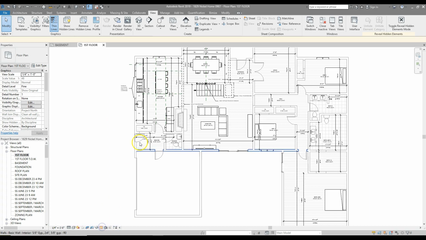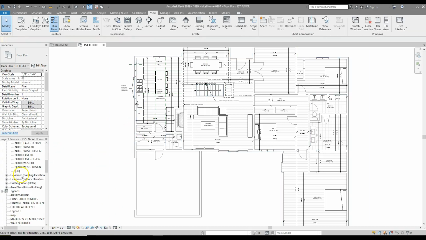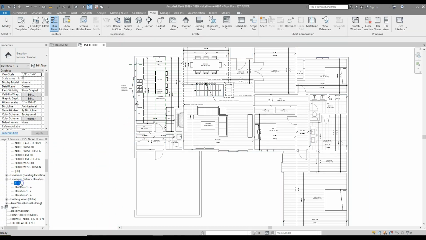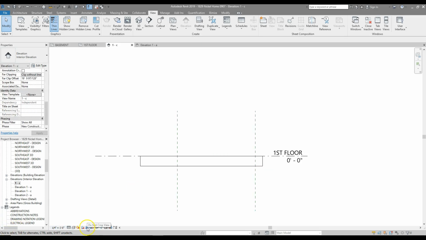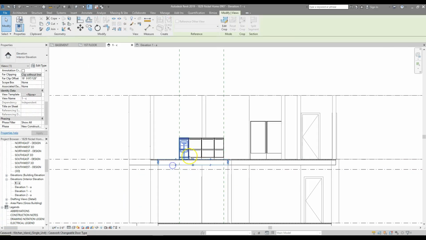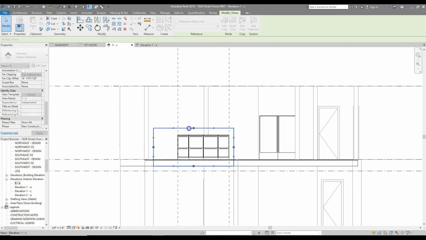I'm going to reveal hidden elements here, and then we're just going to go down to the interior elevations and look at what we created. So turn on Fine. Going in here, we're just going to see where our crop region is. The crop region's down here. Just going to drag it up,